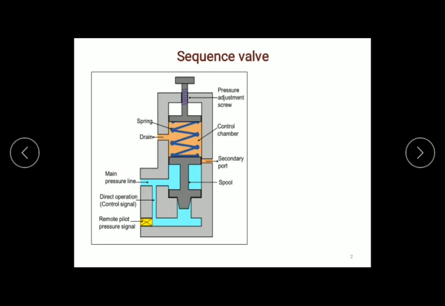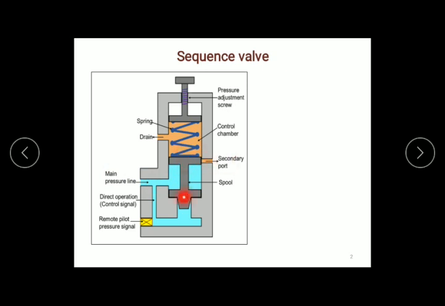After the certain set limit of pressure, the oil becomes more pressurized, and this pressurized oil will move the spool in the upward direction. Once the spool moves upward, there will be a passage from the pressure line to the secondary port, and oil will transfer from the pressure line to the secondary port.